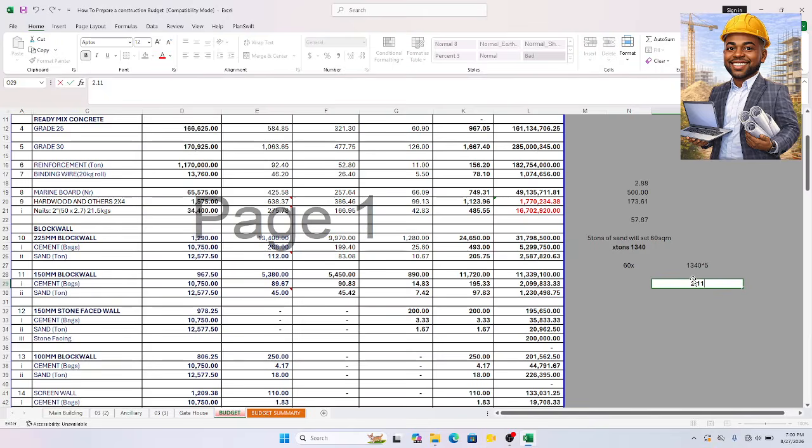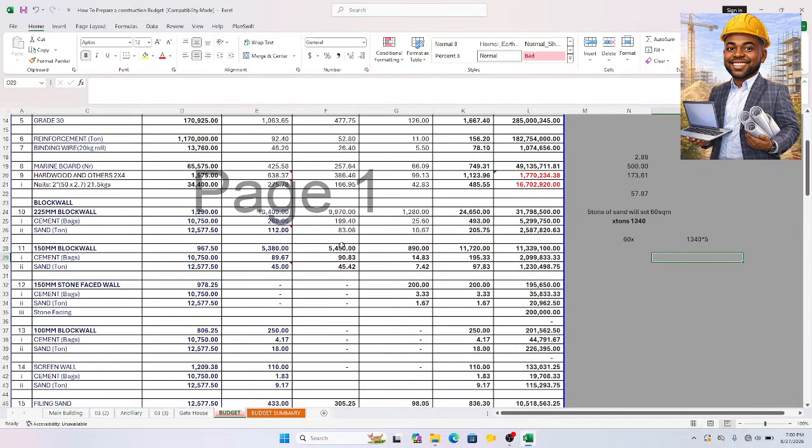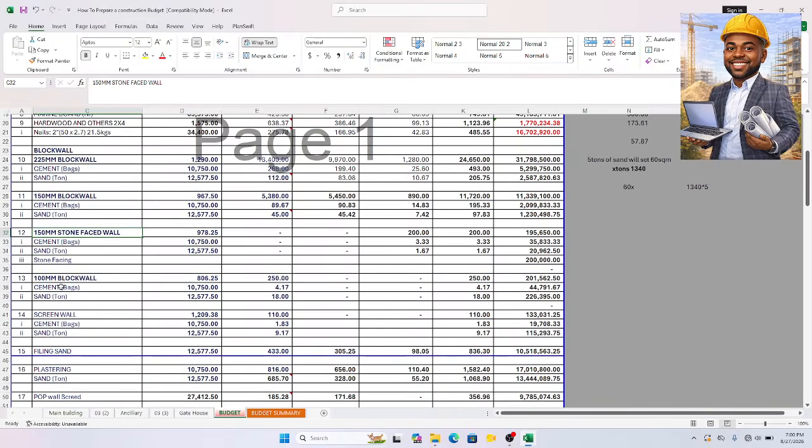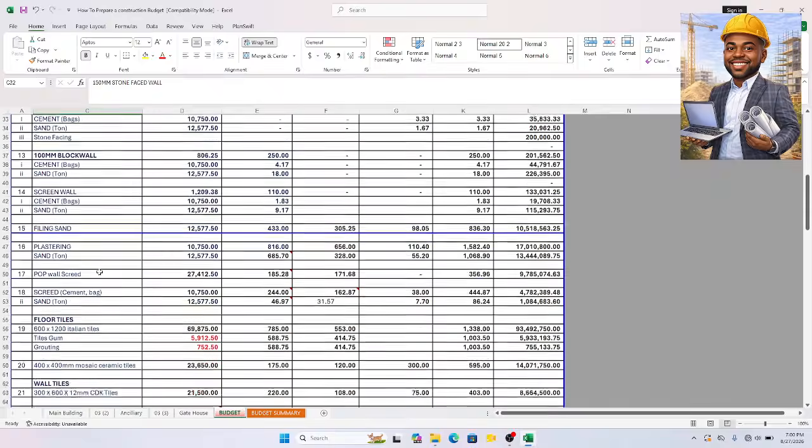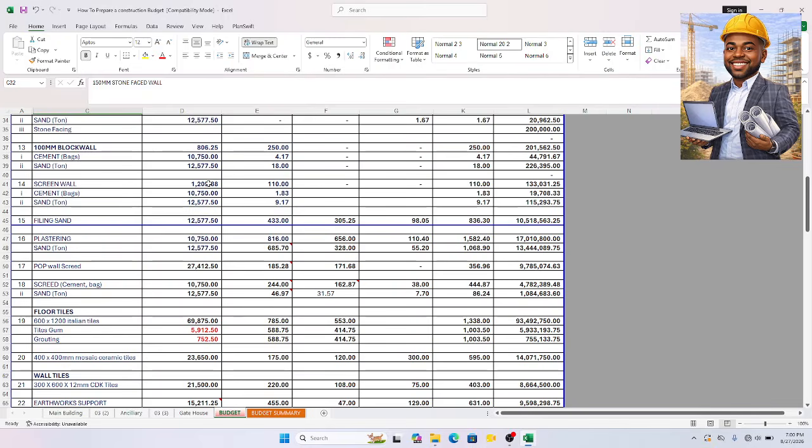All right, so the same thing goes for 150 mm block. The same thing goes for 100 mm, right? The same thing goes for these screen walls; we treat them as block work. The same thing goes. Now,